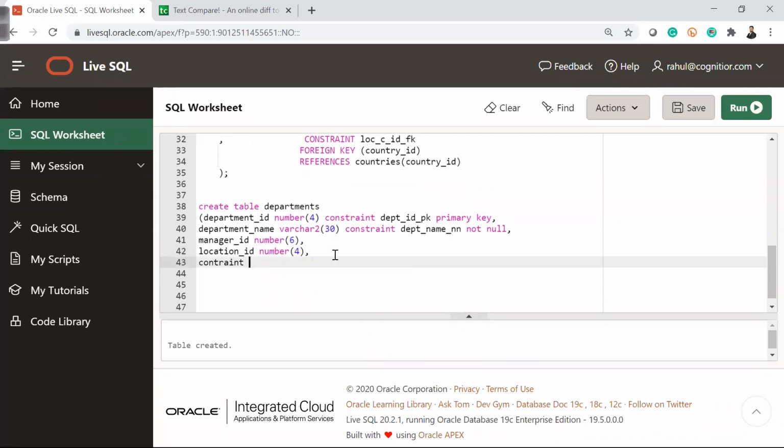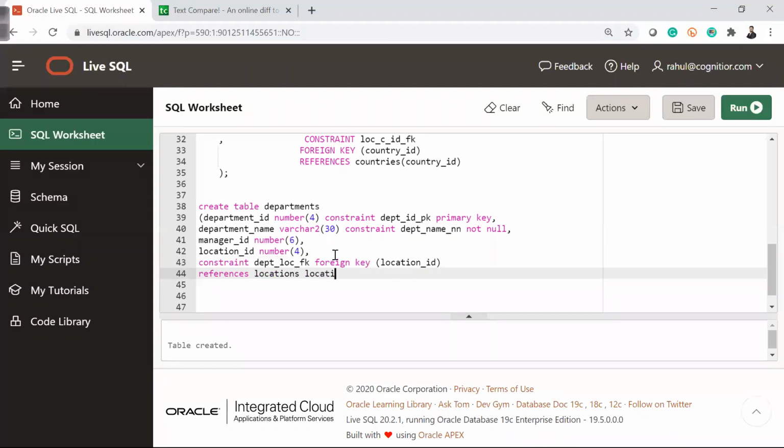Constraint DPT_LOC_FK foreign key location ID references locations table, location ID in a bracket.